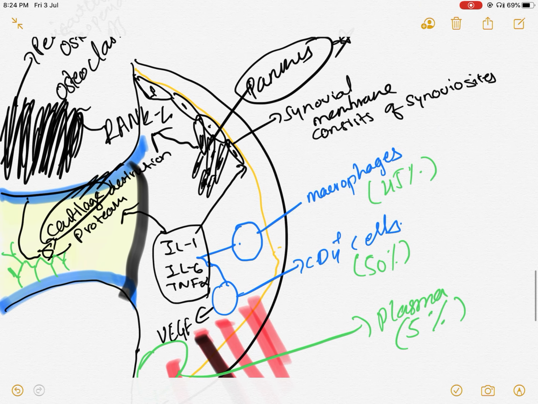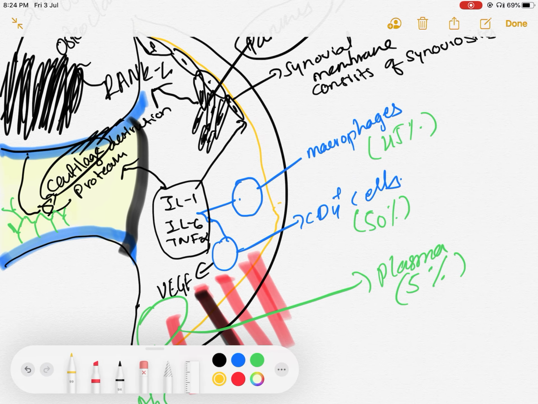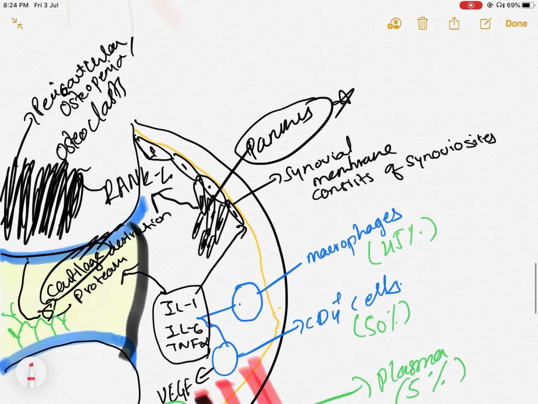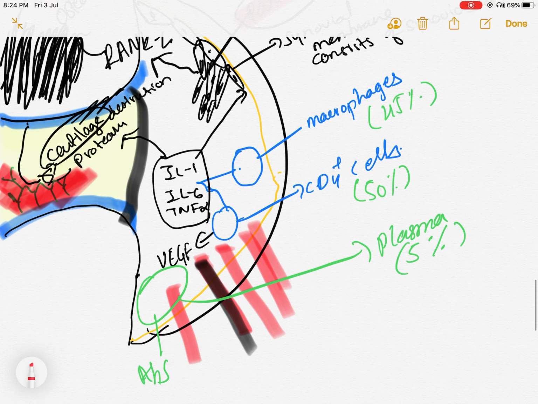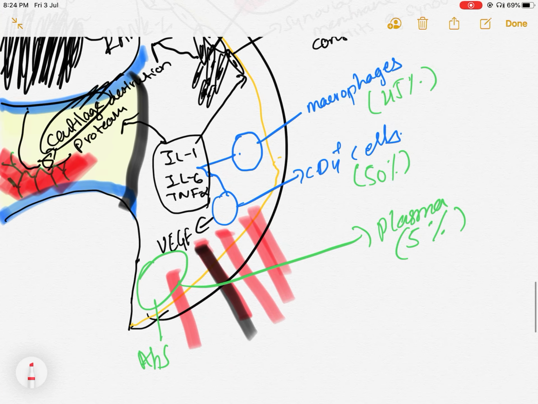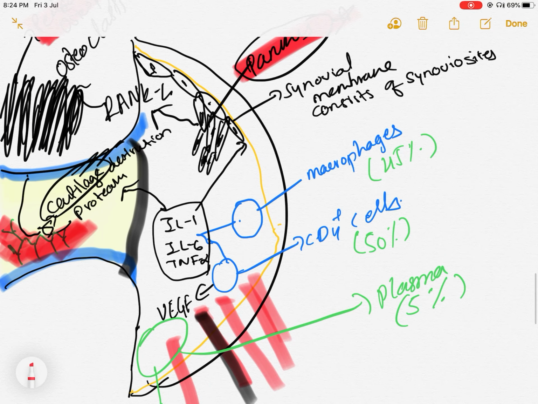So, what are the characteristic features of rheumatoid arthritis which we learned in this diagram? The most important is the pannus. Okay, after that, periarticular osteopenia. And third is antibodies or the immune complexes in the joint. So, how does all this happen in the joint? Why is there infiltration of the macrophages or CD4 cells?